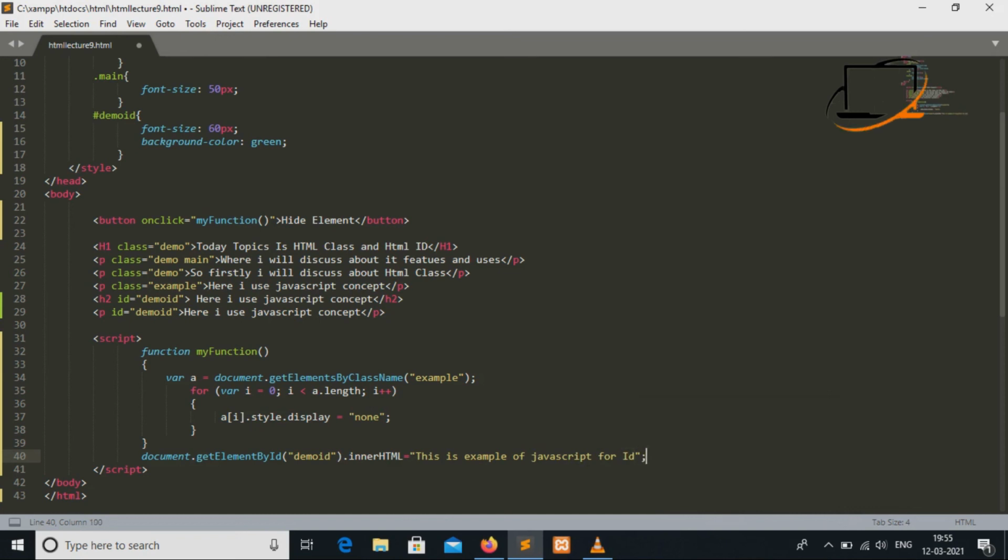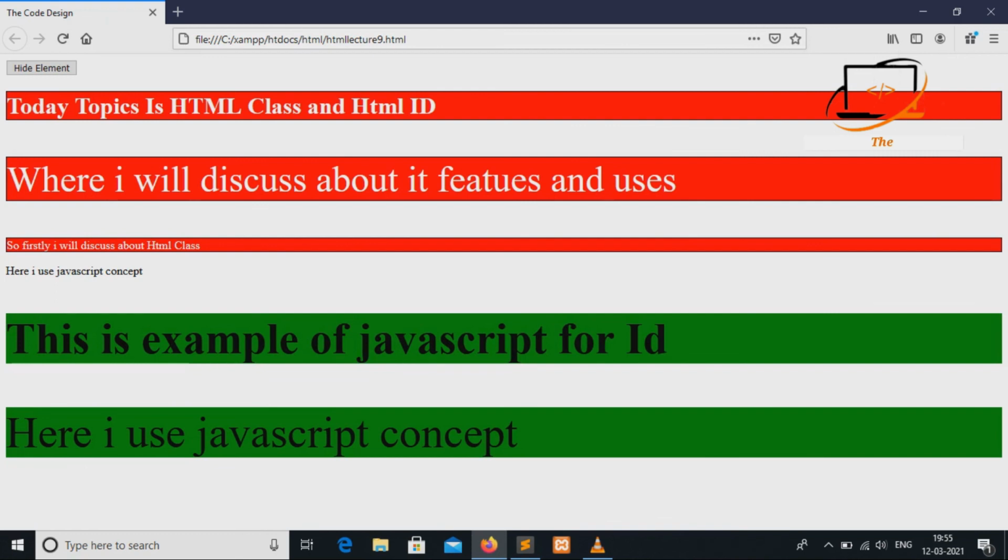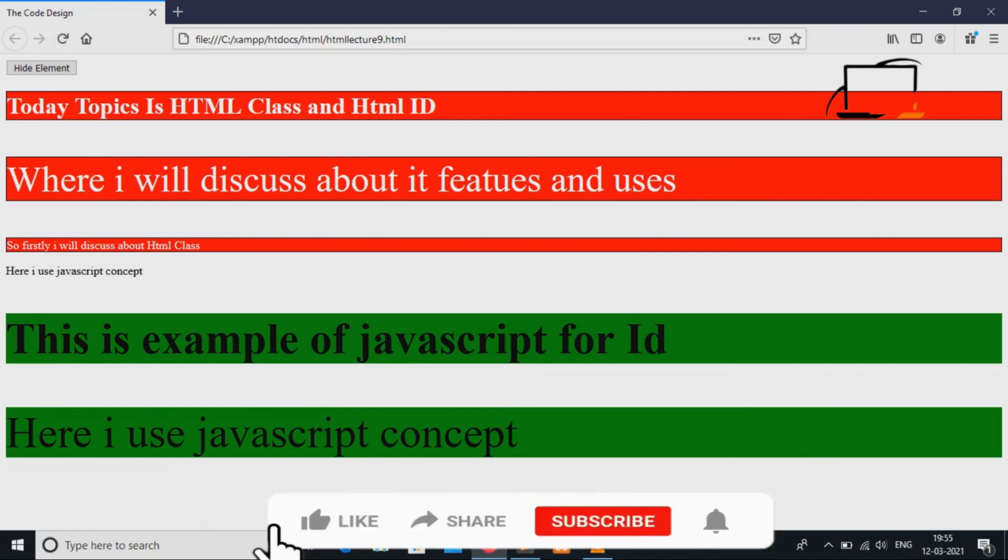Now save this file and check the output. Here the concept is that an ID applies to only one HTML element. So the concept is that an ID uniquely identifies a single HTML element.